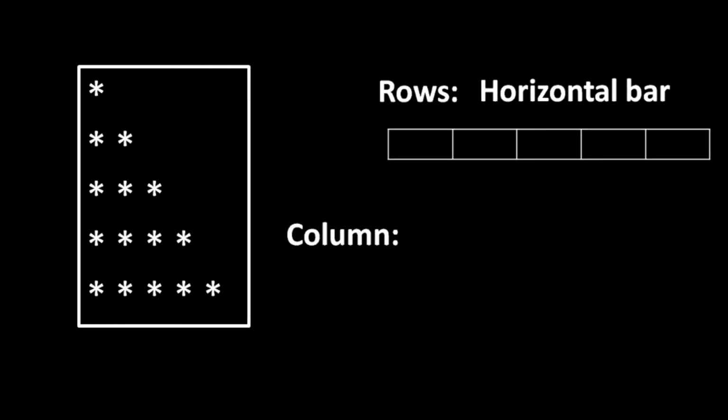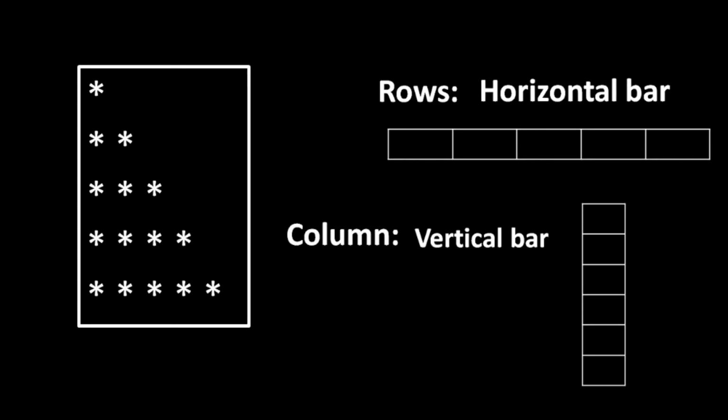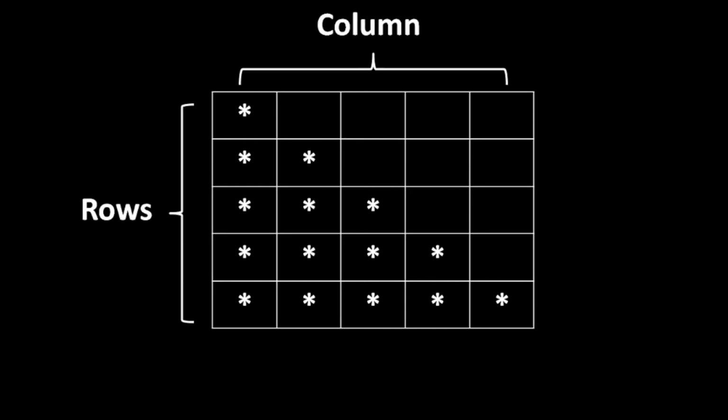So now let's generate this pattern in C, the half pyramid. Before writing the program for its generation, let's get clear about the logic. And before that, let's understand two things: rows and columns. Rows are the horizontal bars and columns are the vertical bars. Now, arranging the pattern on the left-hand side in rows and columns, we get a table like this. These are the rows and these are the columns. The total number of rows is 5, and so are the columns. Let's name the rows from 1 to 5, and similarly name the columns from 1 to 5.